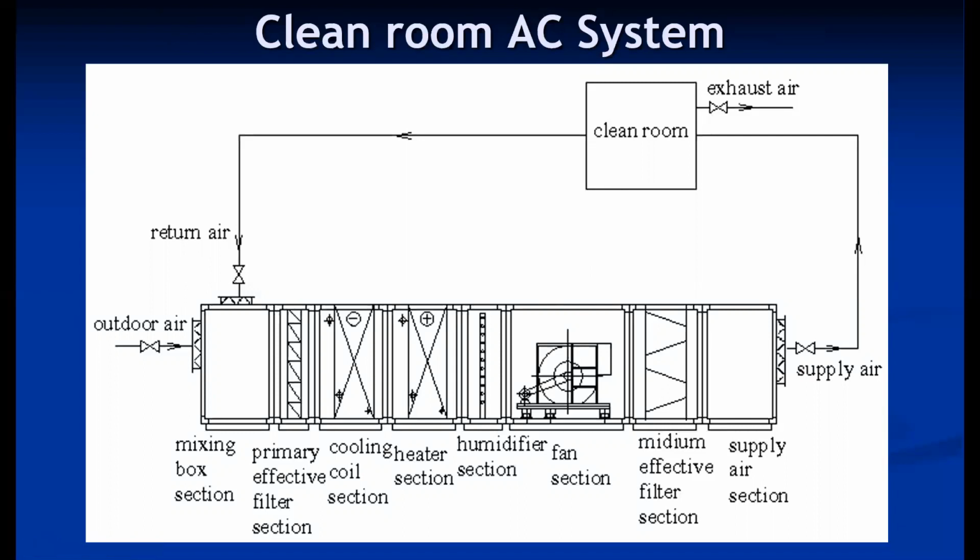So the air handling unit makes the difference between the clean room air conditioning system and the conventional air conditioning system. In a conventional air conditioning system, generally the air handling unit consists of cooling coils and simple filters, which can trap only particles greater than 0.5 microns. Such kinds of filters are available. There is either a provision of cooling coil or sometimes there is a heater. So on most occasions, a simple air handling unit consists of a blower, filter, and cooling coil, that is, a dehumidifying coil.